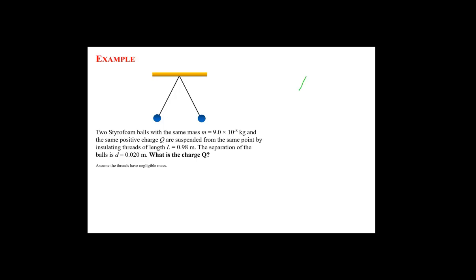So I am going to redraw the two spheres. Here is one sphere, here is the other one. I'll indicate that these spheres each have charge q, so q, q. I am going to label my own values for q, just following good problem-solving methodology. We don't know what the value of q is, so I'll just leave that as an unknown. We do know the length of each string. I am going to label that in our diagram as capital L. So the length of each string is